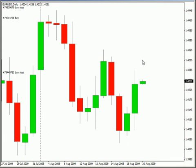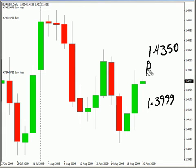Now looking at the Euro USD pair, this particular pair closed higher, moving sideways overall, biased to the sideways. Look for this pair to potentially move as high as 1.4350, possibly as low as 139.99. Look for some resistance around 142.89 and look for some support around